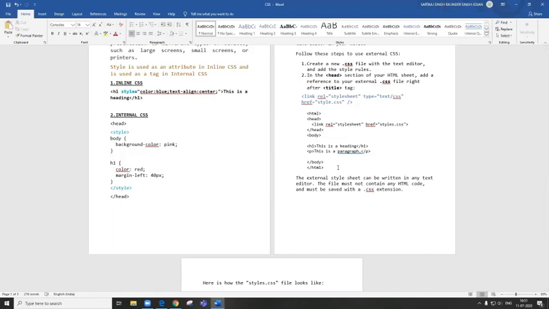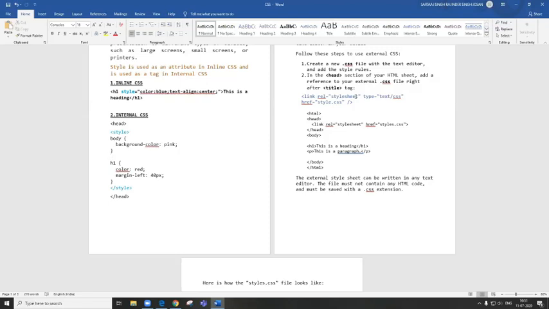This is important here because it has a lot of usage. Internal CSS आप कब यूज करते हो? जब आपको एक सिंगल HTML पेज को यूनिक स्टाइल देना है. इनलाइन आप कब यूज कर रहे हो? जब आपको एक सिंगल एलिमेंट को स्टाइल देना है. और एक्सटर्नल हम कब यूज कर रहे हैं? जब हमें वो external style sheet can be used for different multiple pages, isn't it? मैं अगर हर पेज में अपना ये लिंक ऐड कर दूंगी तो वही same CSS file will be added, same styling will be added to all my HTML pages.